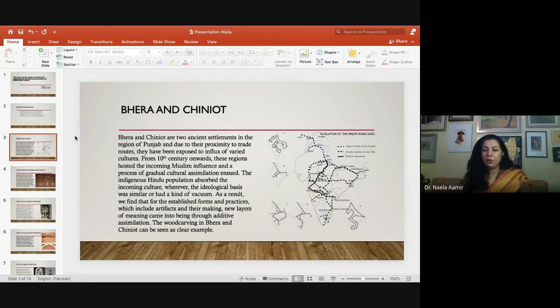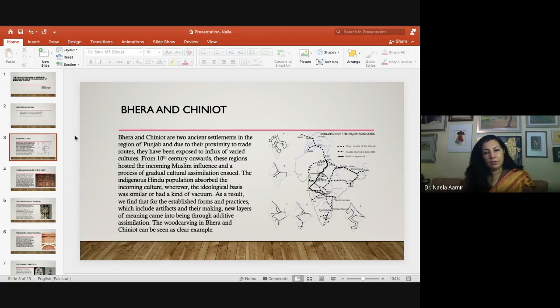From 10th century onwards, these regions hosted the incoming Muslim influence, and a process of gradual cultural assimilation ensued. The indigenous Hindu population absorbed the incoming culture. However, wherever the ideological basis was similar or had a kind of vacuum, as a result, we find that for the established forms and practices, which include artifacts and their making, new layers of meaning came into being through additive assimilation. The wood carving in the region was a blend of art and craft and heavily relied on design motive